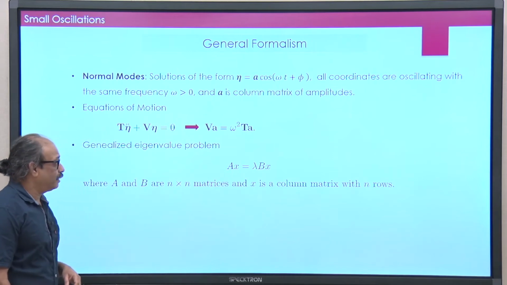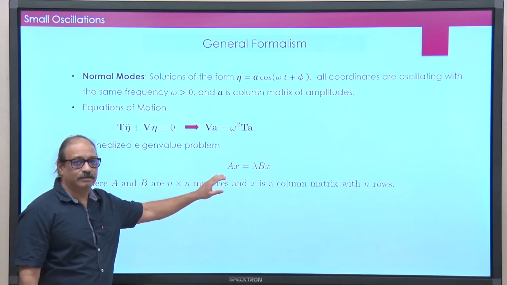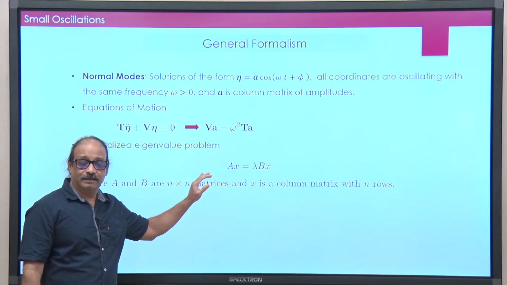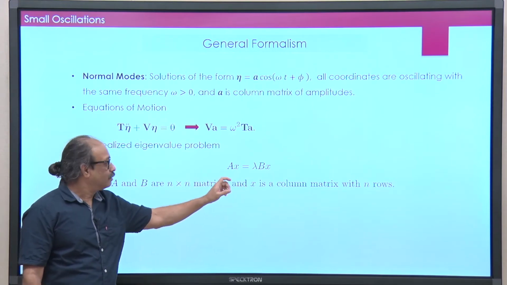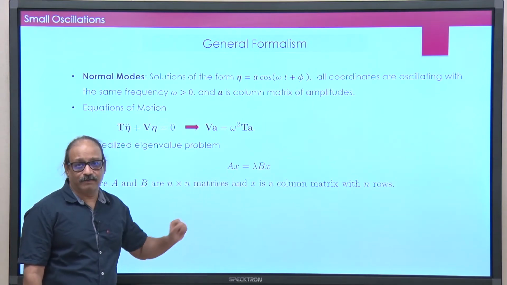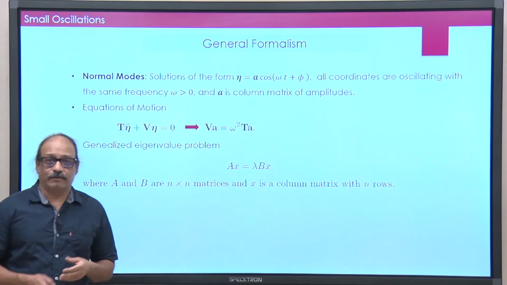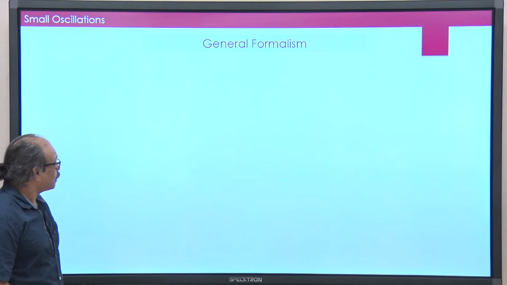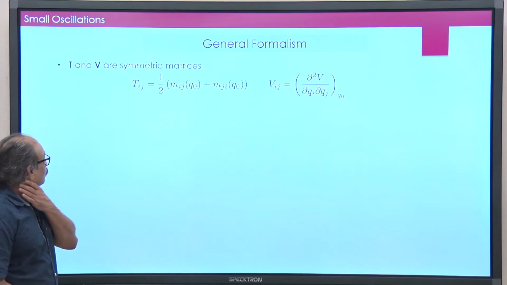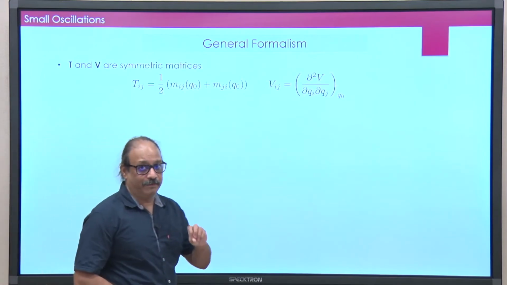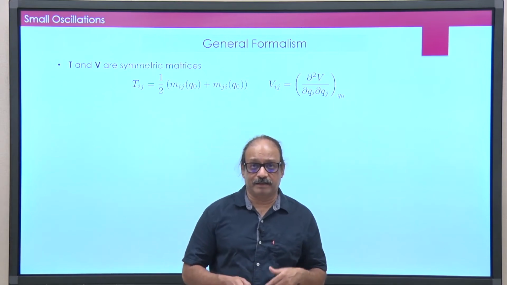Okay. And basically all that we need to do is find solutions to this generalized eigenvalue problem. Once we do that, we have a complete solution to our problem. Let me look at the properties of this T and V matrix, which will help us in understanding